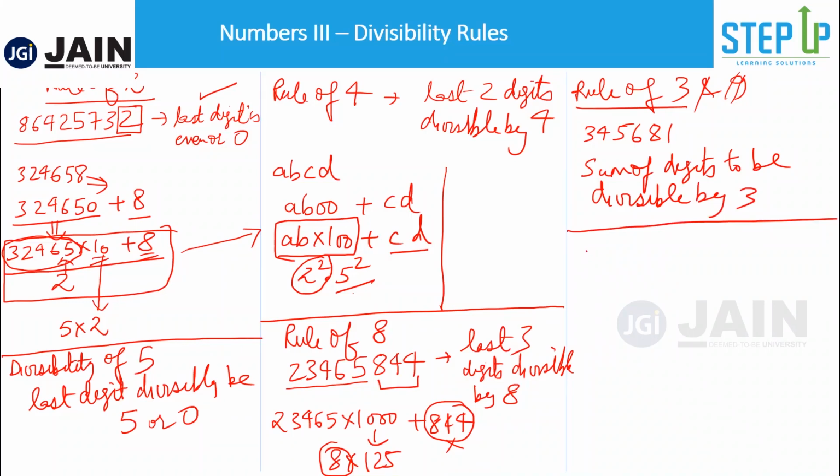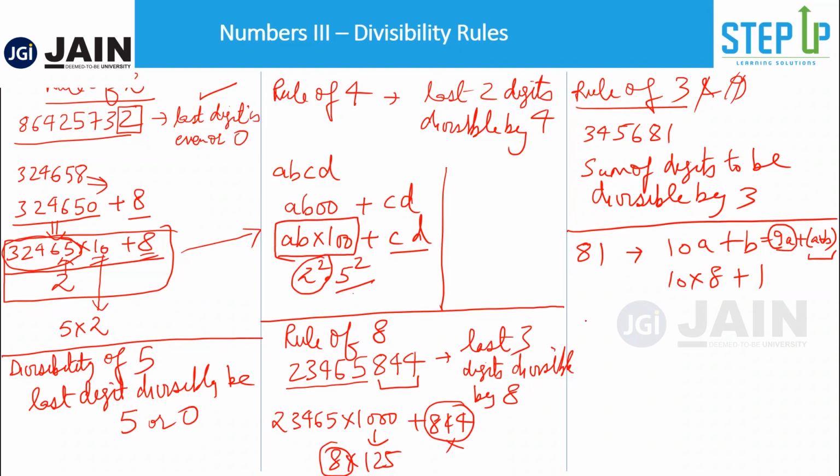Let's say you have a small number, like 81. You can write this in the 10a plus b form. That means 10 into 8 plus 1. Now what this rule says is that 10a plus b can also be written as 9a plus a plus b. That means if a plus b is divisible by 3, the number is divisible by 3, because 9a is always going to be divisible by 3, isn't it? In fact, it would also be divisible by 9 as well, because you can separate out the 9a. So all you have to do is check the sum of digits.